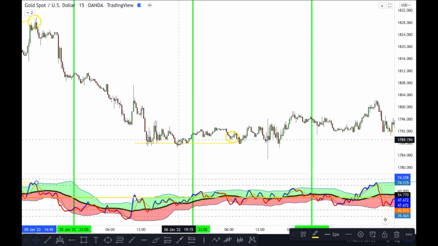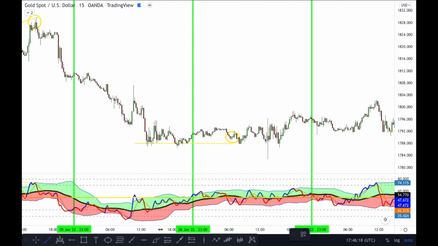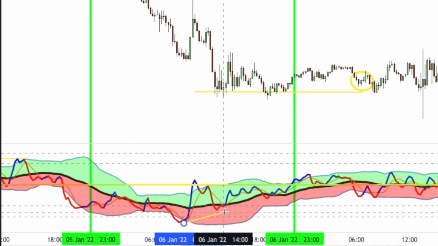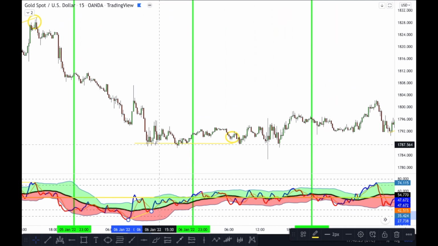We can see there's 2 taps to the bottom, but what we see in the TDI doing here, we see that on the TDI there was a divergence pattern between here and here. So you could have entered here and held the trade if you wanted to, but we're waiting for our next shark fin to show us that we've got a nice good pullback re-entry into the market, and our next shark fin re-entry happened over here.